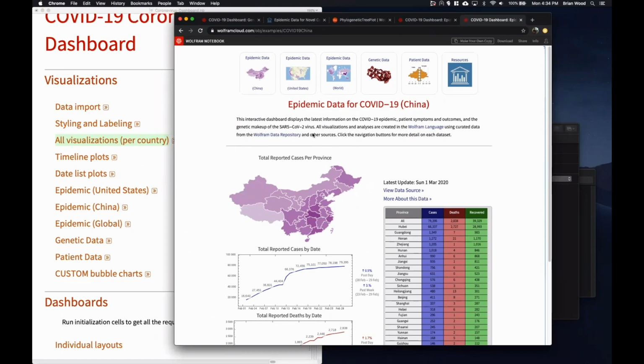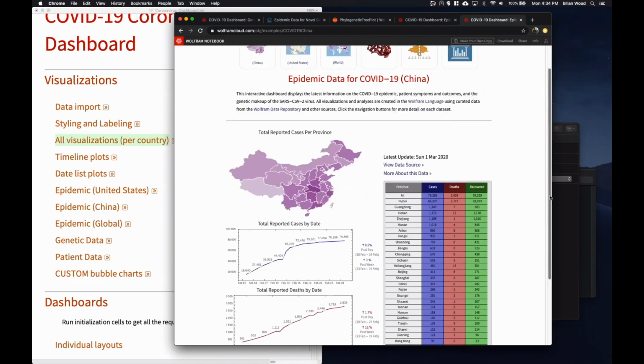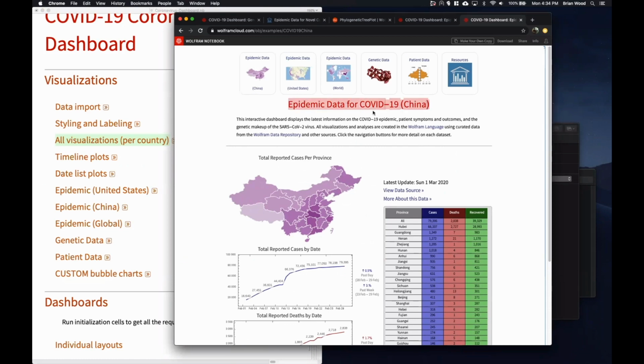So if you come back here to this dashboard at any point in the next few days, you might not notice it at first, but if you scroll down, I'm going to try and add some timeline plots to the bottom here, and I've got a whole list of additions that I'm going to be making. So keep an eye out, and if you have any suggestions, we do have